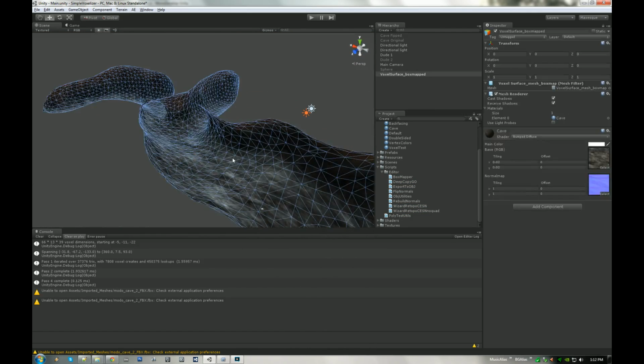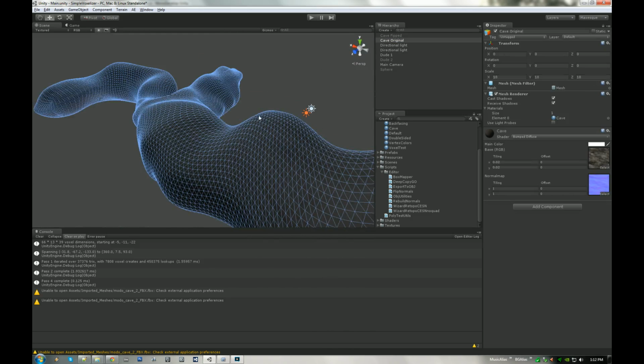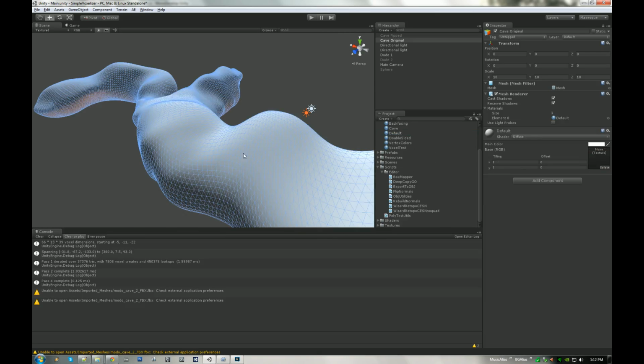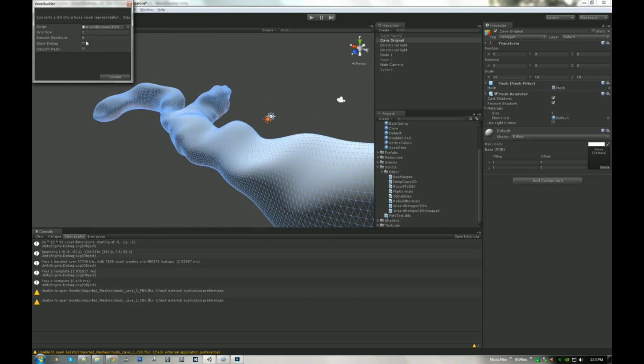So let's delete this mesh and let's go back to our original. Let's talk about what CESN actually does. So this time I'm going to put the default shader back on. This time I'm going to run the retopologizer. I'm going to turn smoothing off though. So this is going to be